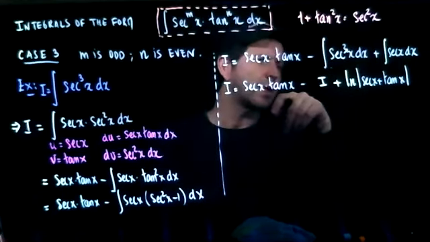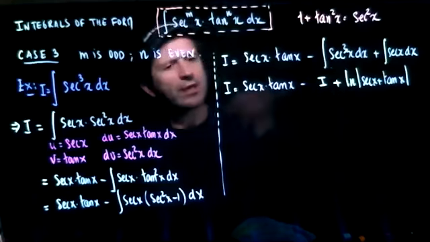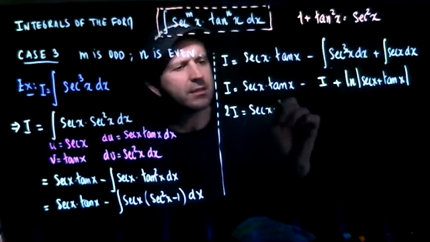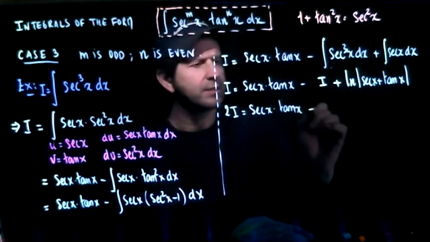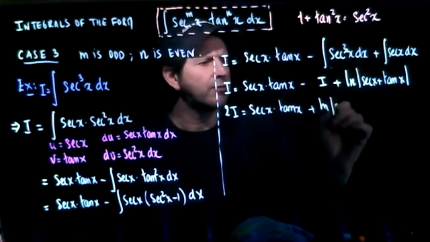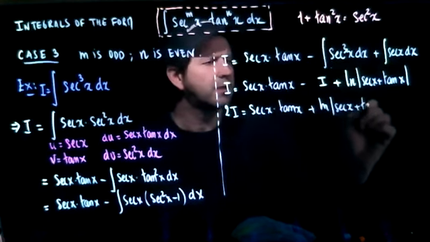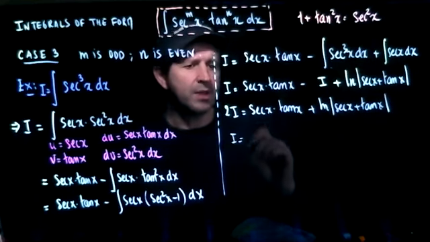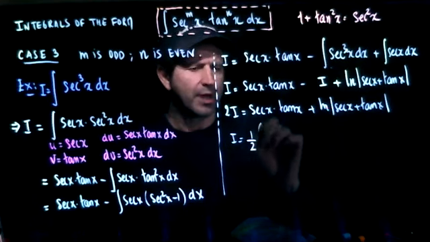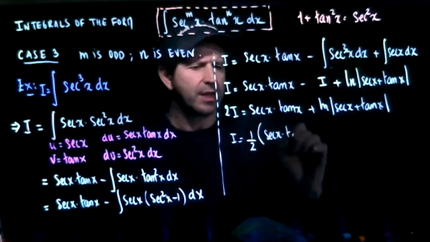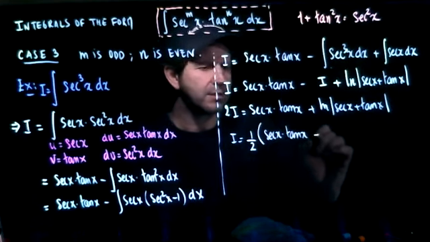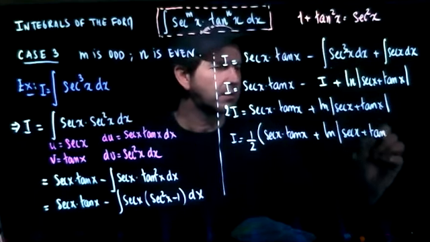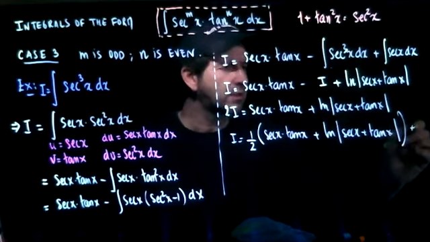Okay, and now I'm going to send the I to the left side. So 2I is equal to secant x tangent x plus ln of secant x plus tangent x. And so I is just 1/2 of all this: 1/2 times secant x tangent x plus ln of secant x plus tangent x, and plus